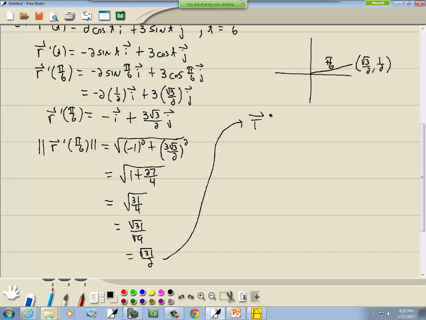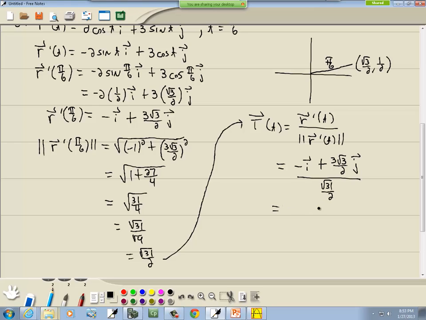Okay. So for our unit tangent vector, it's going to be equal to r prime over the magnitude of r prime. R prime was negative i plus 3 square root of 3 over 2 j, all over square root of 31 over 2. Now I can flip that fraction and multiply times each one of these pieces, so that gives me negative 2 square root of 31 i plus 2 square root of 31 times 3 square root of 3 over 2 j,